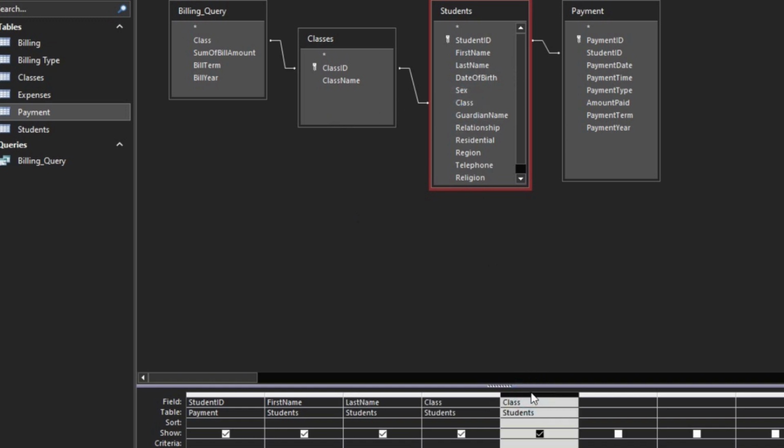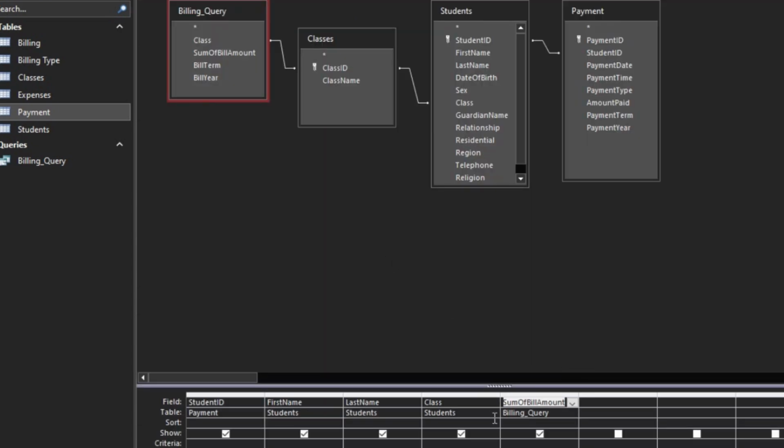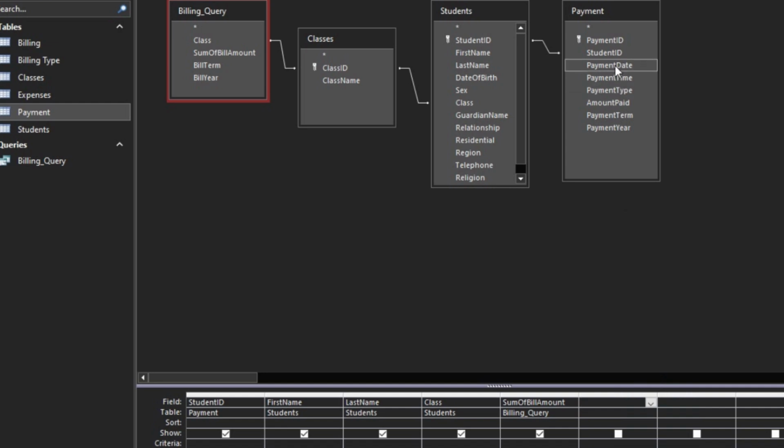It has appeared twice, so let me delete one. The class and the bill amount, sum of bill amount. Let's view and see. All right, so now we have first name, last name, class, bill, sum of bill amount. And the next one is for the term. You can add the term. As for the arrangement, or better still, we can make the amount paid come,